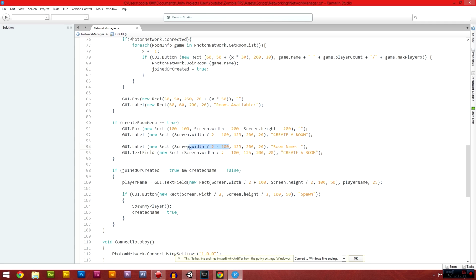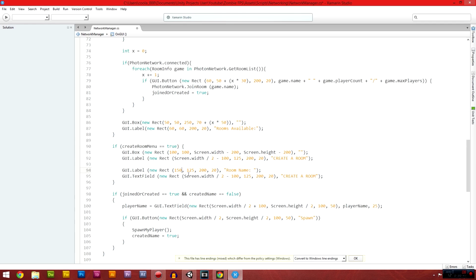It's 100 in from the corners, so maybe 150 in and 150 down, just 25 down from the title, 200 long, 20 deep, room name,